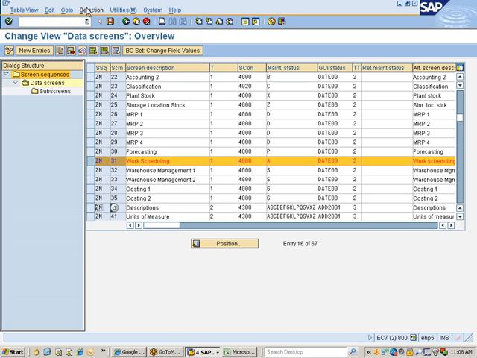Sorry guys. So assume you have removed the work scheduling. All your 100 materials as on date do not have the work scheduling view. Now, because of a customer requirement, you ask me to include the work scheduling view. I added it. So from tomorrow onwards, when you create a new material, the system will show you the work scheduling view. You have to select it. And if you selected work scheduling view, you